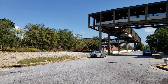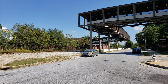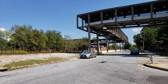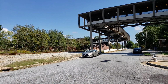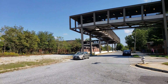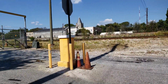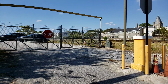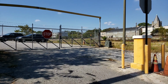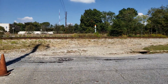So one of the proposals for how to get the Beltline transit across Halsey Yard is to come across the Inman Park station. This was in the original master plan, and as far as I know, the proposal's still on the table. I don't know that it's been completely ruled out, but at one time there was a proposal to bring the Beltline transit down DeKalb Avenue. Heading back over toward the west is Krog Street, and where the new apartment buildings are being built. So one proposal was to bring the transit down DeKalb Avenue and cross Halsey Yard right about here,